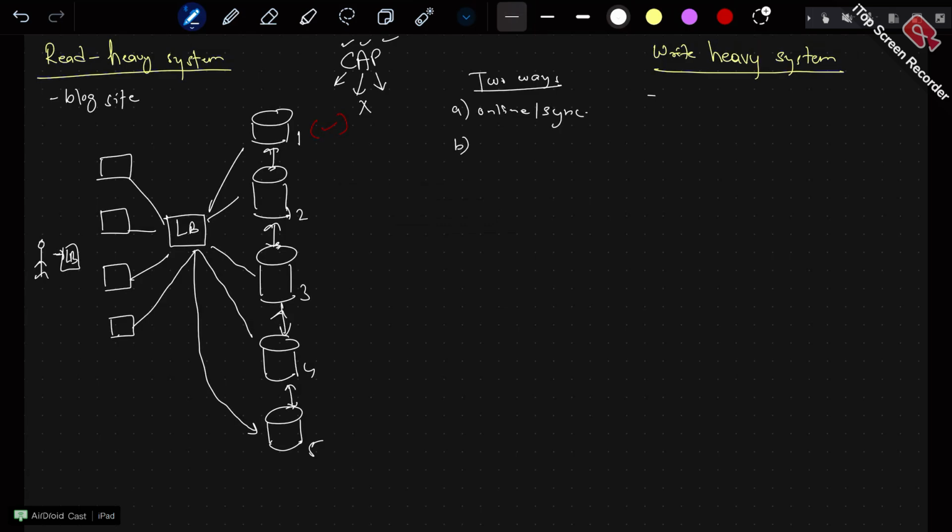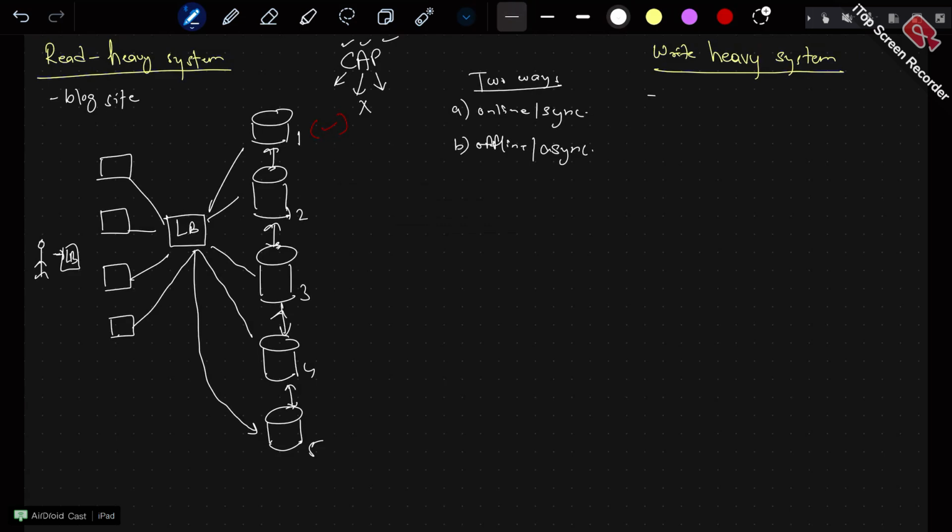So now it is up to us whether we want the latency to go up, whether we want a consistent system or an available system. You see how beautifully CAP theorem comes into the picture here, right? So just remember this point, this was an online or sync mechanism where you allow the databases to communicate with each other first and then only respond. There is another way also, that is called offline mechanism or an async mechanism.